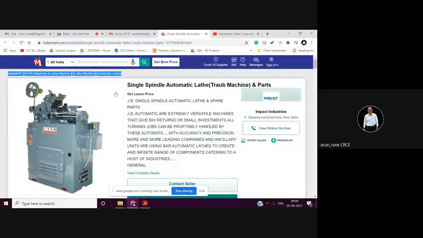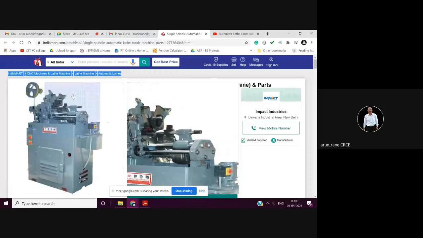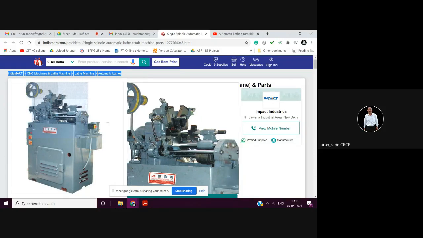See, this is how a single spindle automatic lathe will look like. So it is different from your center lathe. You have two slides that is called as vertical slides.